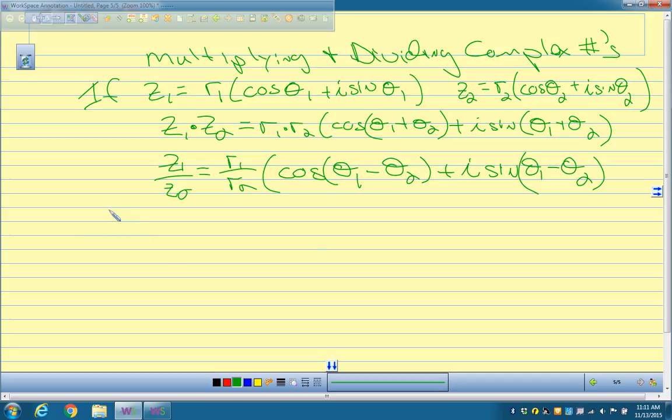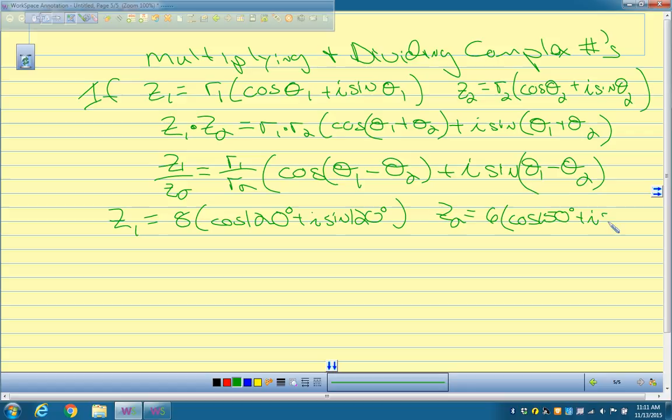So if Z1 equals, I'll show you what this means, okay? If Z1 equals 8 times cosine 120 plus I sine 120, that's in degrees. And Z2 equals 6 cosine 150 plus I sine 150. What this formula says is that if I have two complex numbers which can be written in trig form like that,